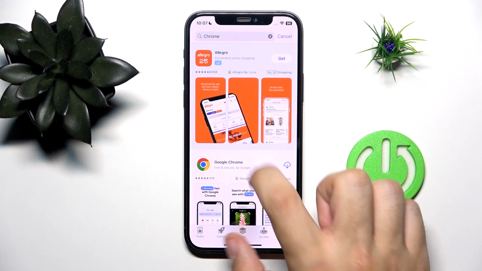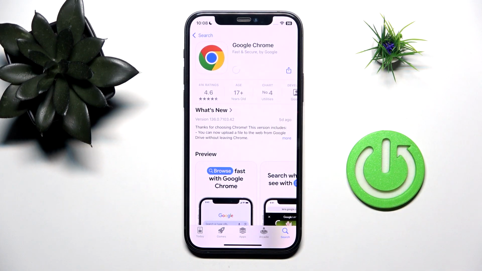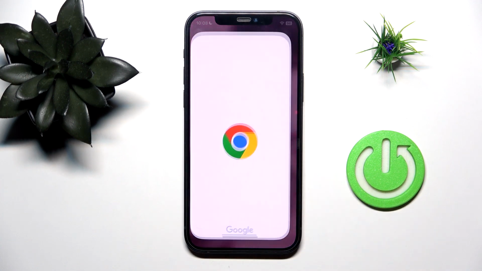Google Chrome. Now just click on it and click on the download icon, then wait. Now once you're done, all you have to do is click on the Chrome icon,